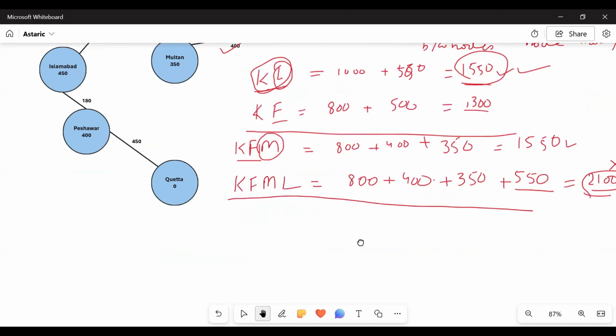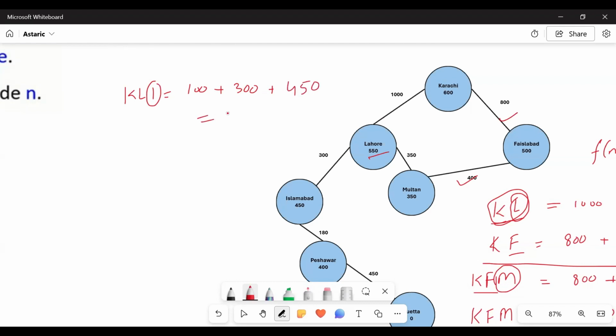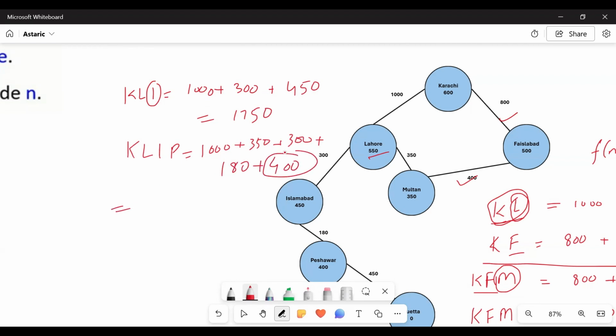Let's expand Karachi Lahore further and solve it further. From Karachi Lahore Islamabad, the values will be 1000 plus 300 plus my goal is Islamabad. So Islamabad heuristic cost is 450. It adds up to 1750. And from Karachi, Lahore, Islamabad, Peshawar, I have a total cost of 1000 plus 300 plus 180 plus 400, which is the heuristic cost of Peshawar. And if I add these values, it gives